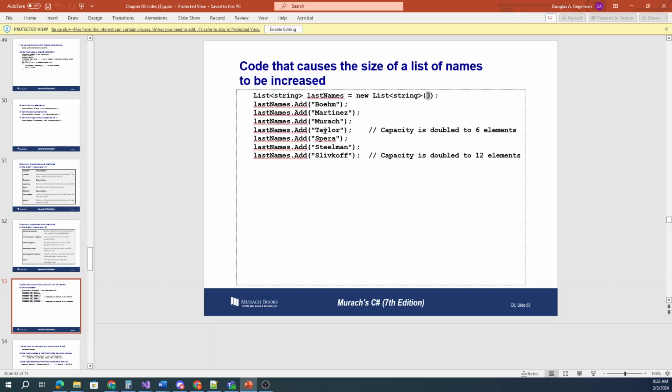Then they added Taylor, and because we set it for 3, but we're putting a 4th one in, it automatically doubles that 3 to a 6. If we put 7 of them in, because we went over that 6 elements, it doubles that 6 elements to 12. If we put 13 names in that list, it'll double our list to 24, and so on, just so it doesn't get an out of bounds